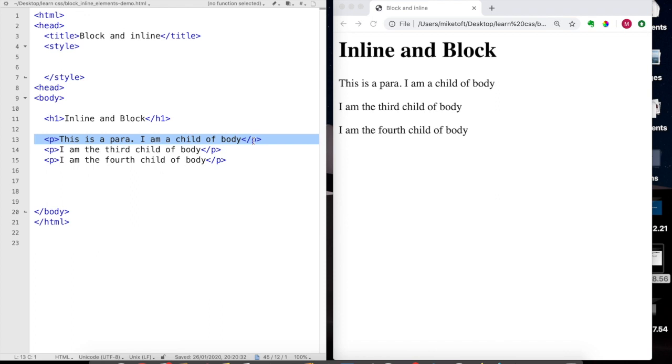This one here is the second child of the body. Okay, so those, because they're one underneath the other, are known as block tags. So let's have a look at an inline, and I said an anchor tag is inline, so I'm just going